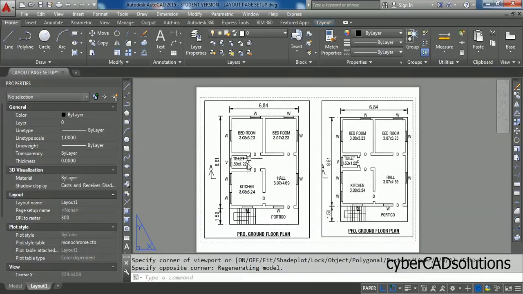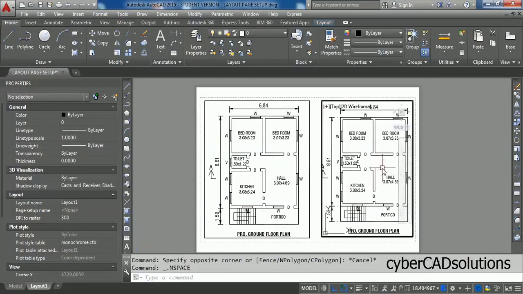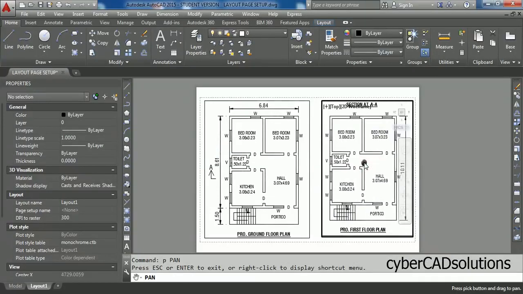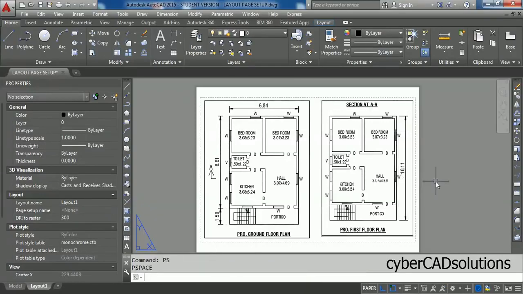So the same view which is kept in the first viewport is coming. So I want to get the first floor view into this. For that, you just double click in this viewport, or you can use the MS command also and take the pan command to pan the sheet to get the first floor into the current view. And to come out of this viewport after setting required entities into the zoom, type PS at the command prompt and press enter. So this is how creating viewports and bringing objects into the view of each viewport.